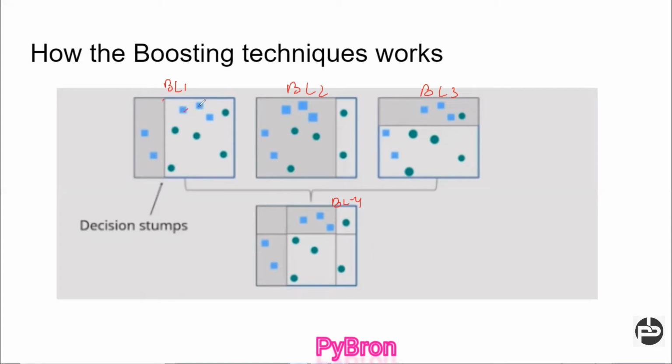But these three square shapes are not classified properly, right? In the first iteration, my first base learner is able to classify only two square shapes properly. Again, in the second iteration, iteration number 2,